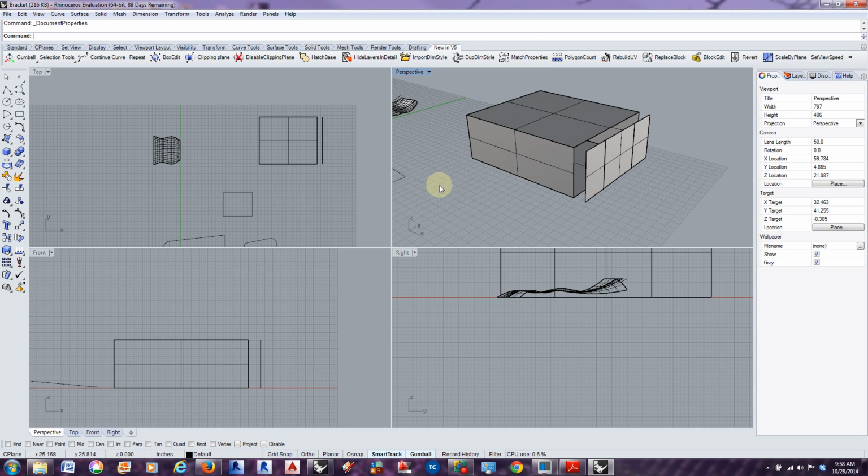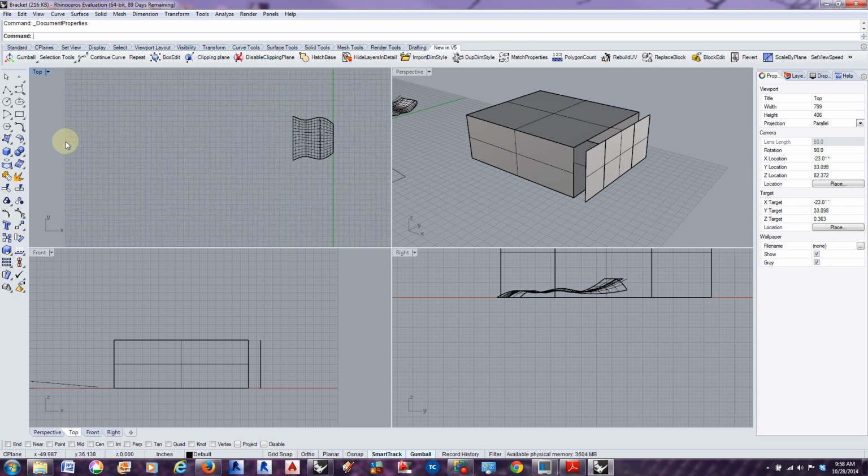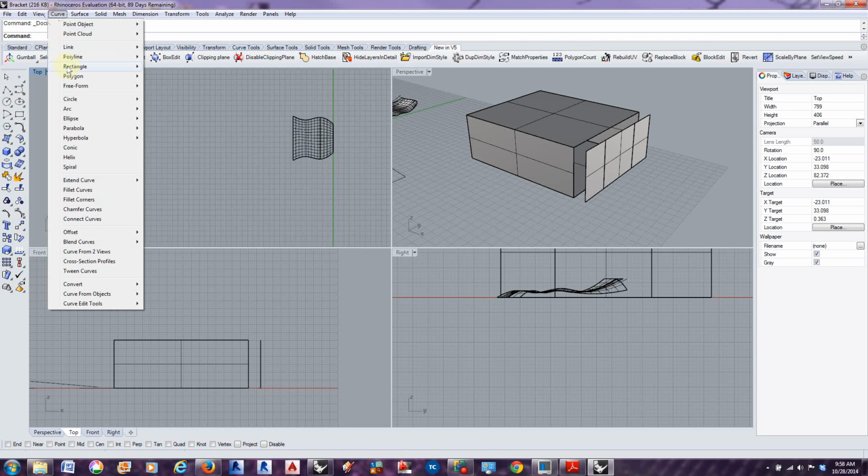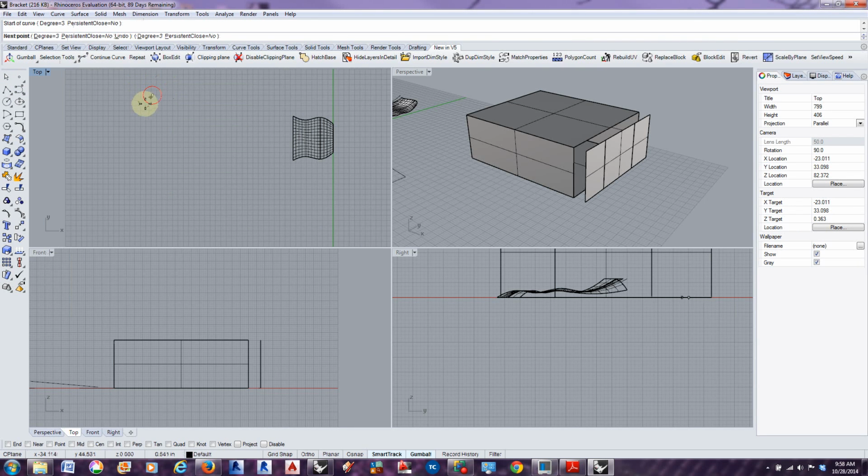So we could also utilize the revolve tool. There's two types of the revolve tool. One is literally we're revolving something around a three-dimensional circle. So if we were to create a free-formed curve,